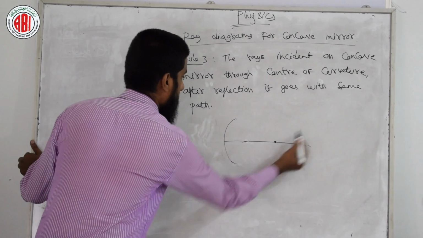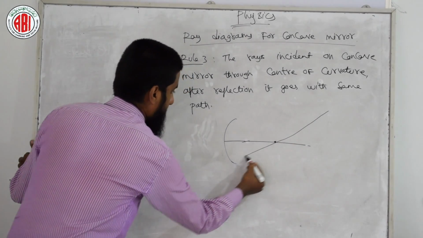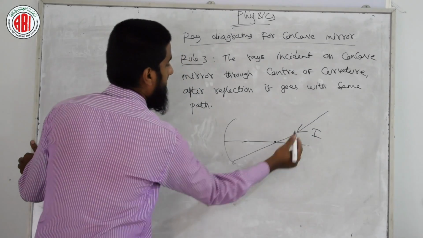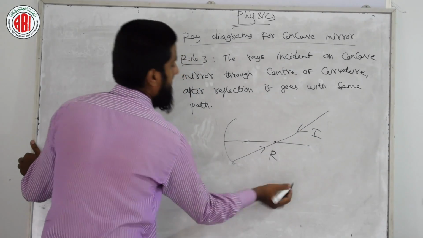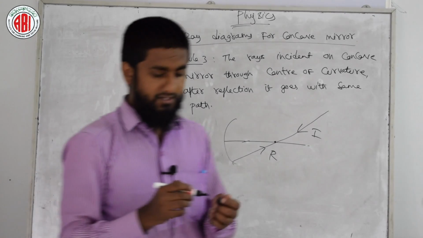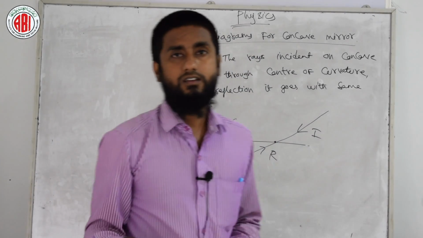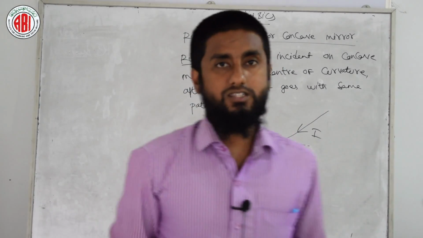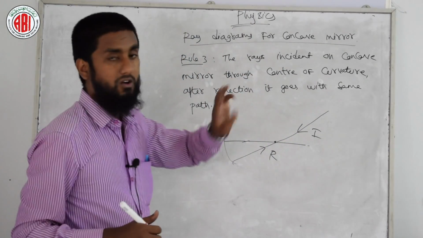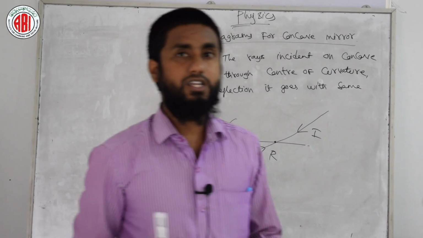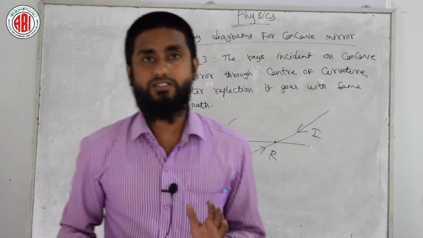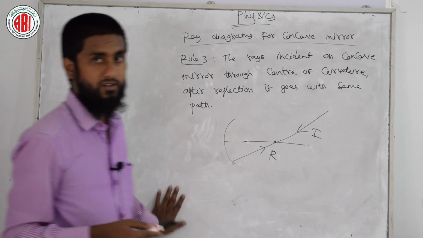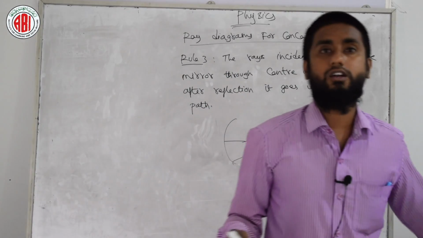When the rays come through the center of curvature, the incident ray will reflect along the same path as the reflected ray. That means there is no change in the path. The way it is incident, it goes back the same way. These are our 3 rules for concave mirror, which are very important. As of now you need to remember these 3 rules. If you want, copy down this rule 3 also. Next session we will continue with